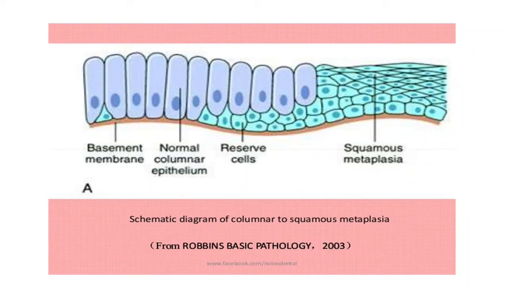So as smoking continues, the cells will be changing. So here there's supposed to be metaplasia because the cells over here cannot contain smoke. So it will change. So you are going to have reserve cells. And as a matter of time, the whole normal columnar epithelium will change to squamous metaplasia or squamous epithelium.